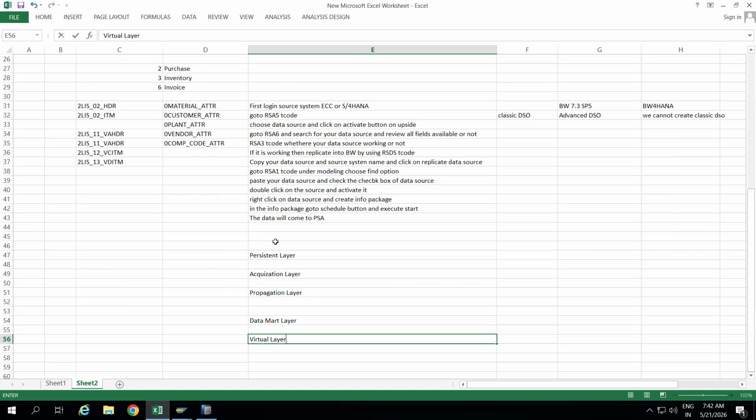These are the LSA architecture. Persistence layer means this is PSA. You are storing